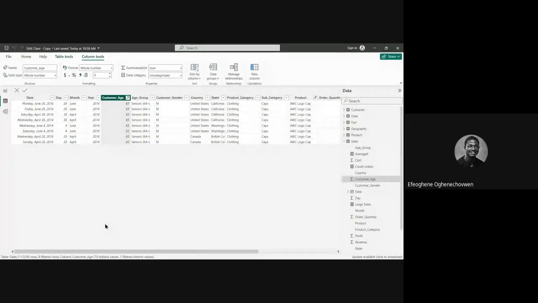All right. So I was saying, this is just to cross check. We have eight observations here: 1, 2, 3, 4, 5, 6, 7, 8. For the age range 65 that purchased the AWC logo cap, we have 8 entries here, and we come over to